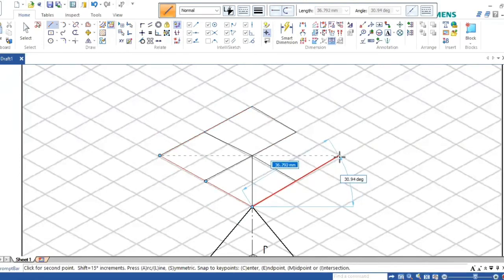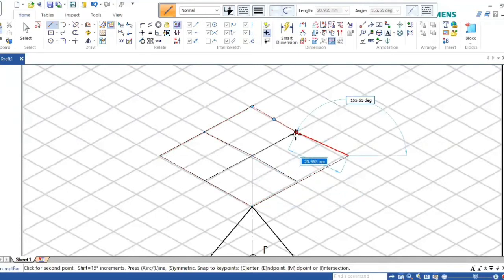Now in pencil scale, you draw along with the straight line. Okay, ultimately we construct a square box.